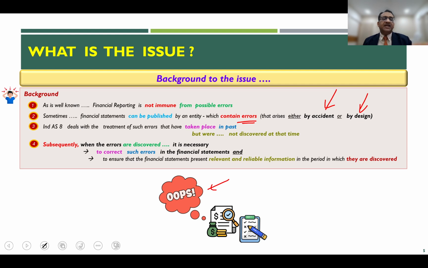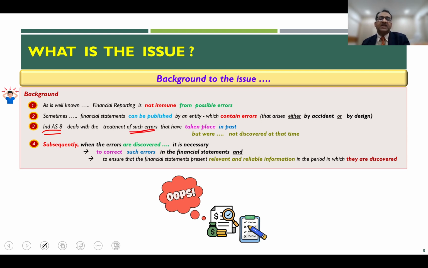It may be that an entity intended to achieve a certain objective from a financial reporting perspective, and therefore they might have consciously done something wrong. And therefore, these errors which may creep into the financial statements can either be unintentional or intentional as well. Now, Ind AS 8, and for that matter, IAS 8 from an IFRS perspective, deals with the